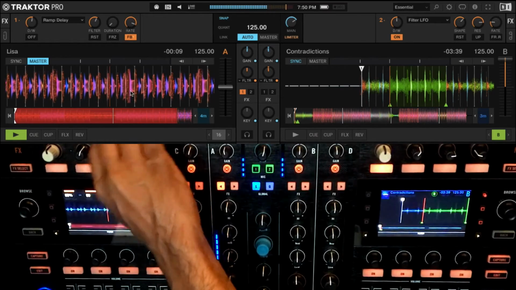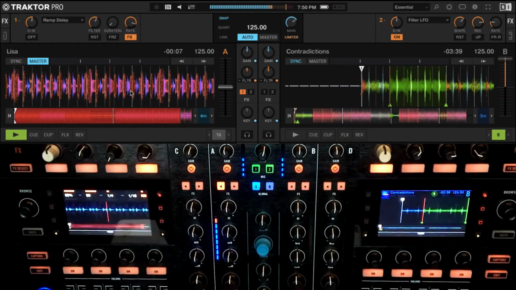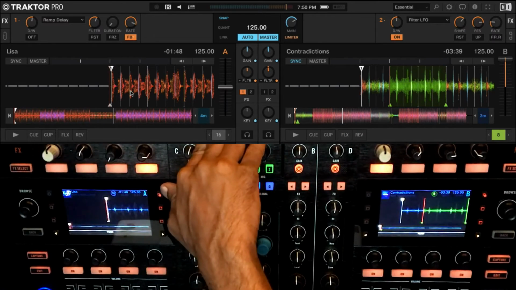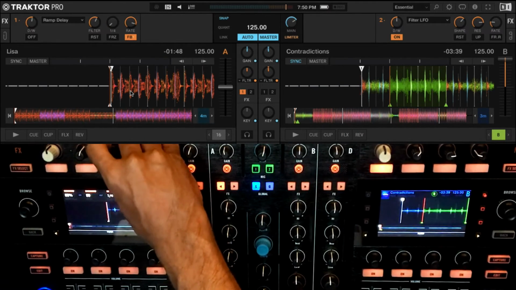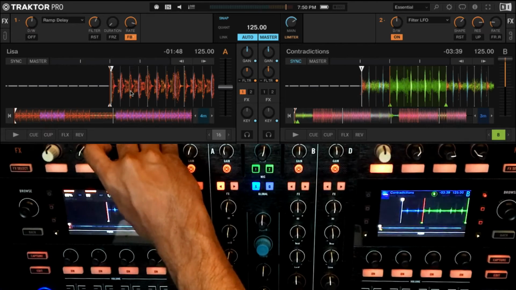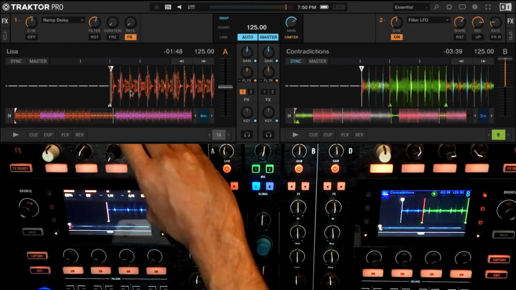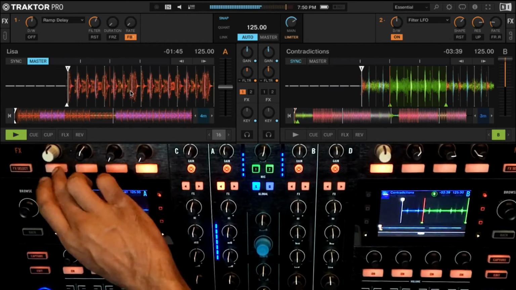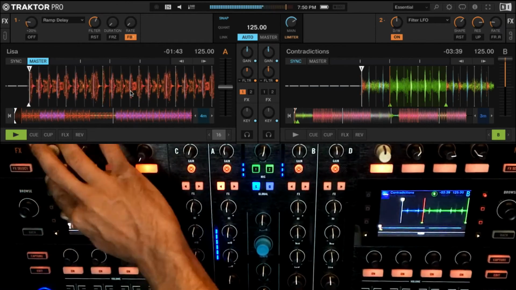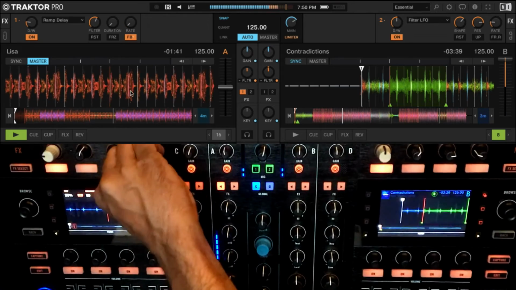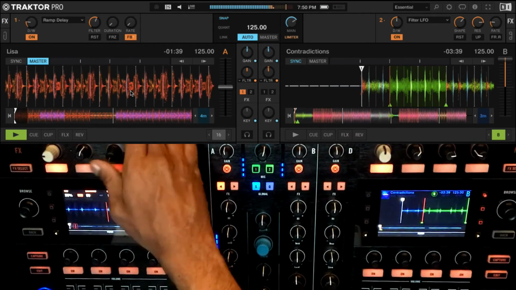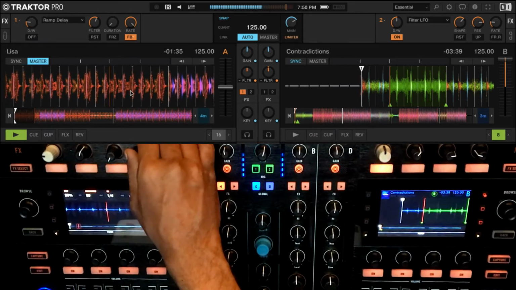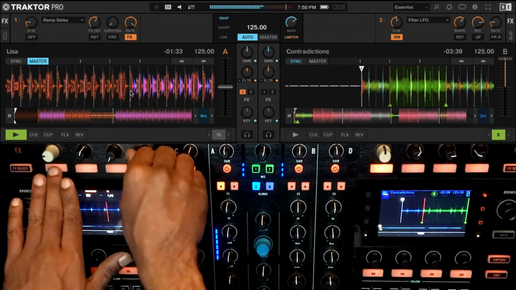Create these little glitches. It's more of a very glitchy delay, I would say. So you can use this to do those kind of things. How I like to use it is in this short 1/4 mode. I like to use it literally like this. Keep the dry wet down, just to create these sort of things, and switch it off. Like maybe even like this.